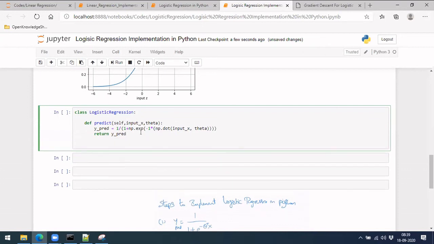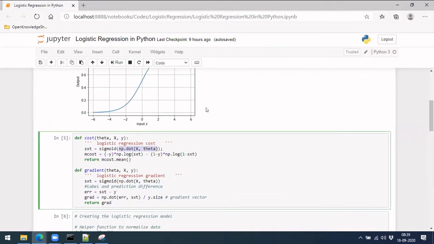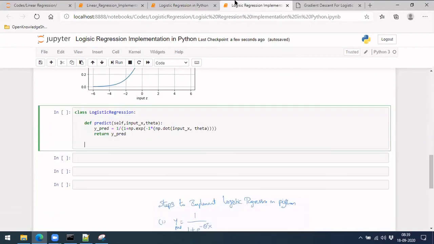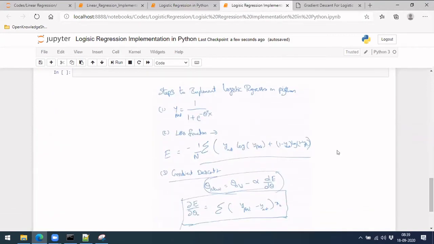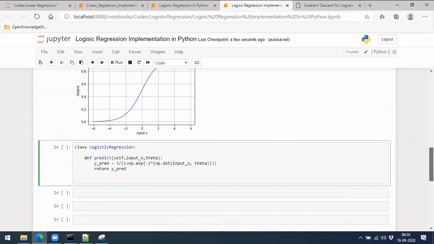Now the next step. If you remember, we have implemented this part, and now the next step is to implement this loss function. Okay, let's implement the loss function as well.